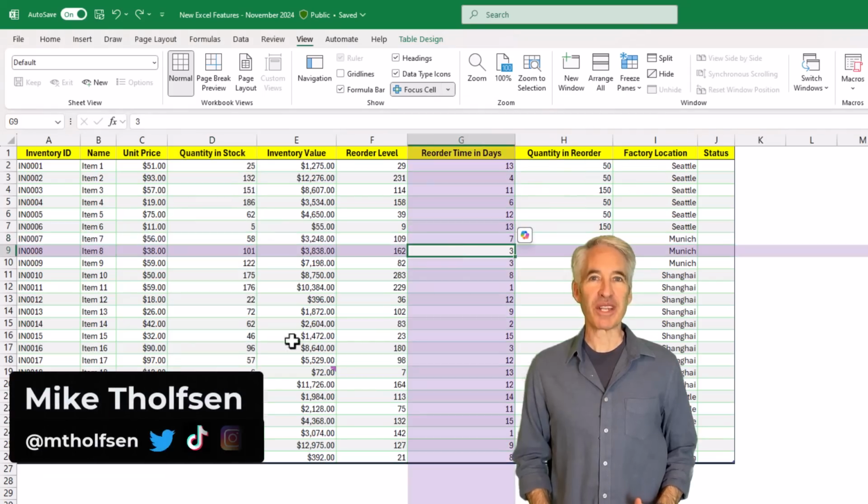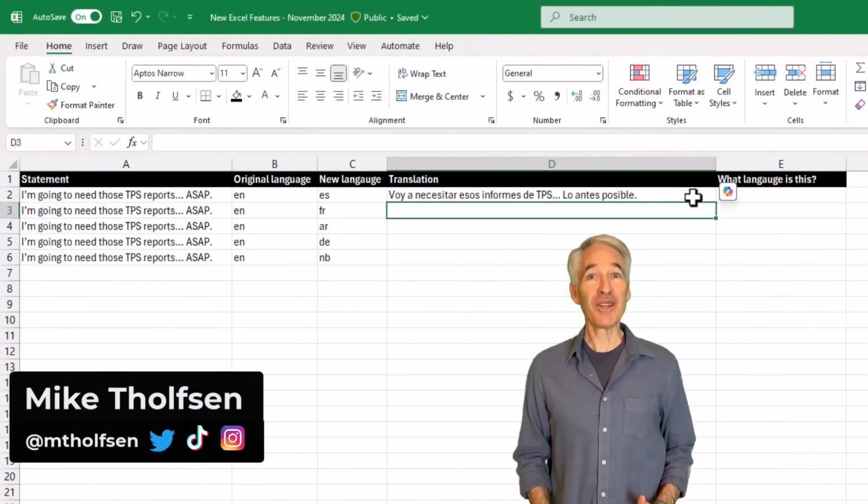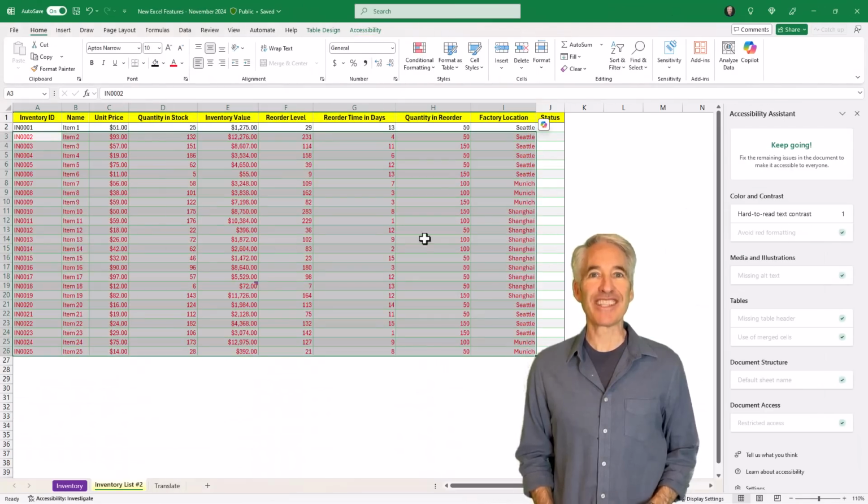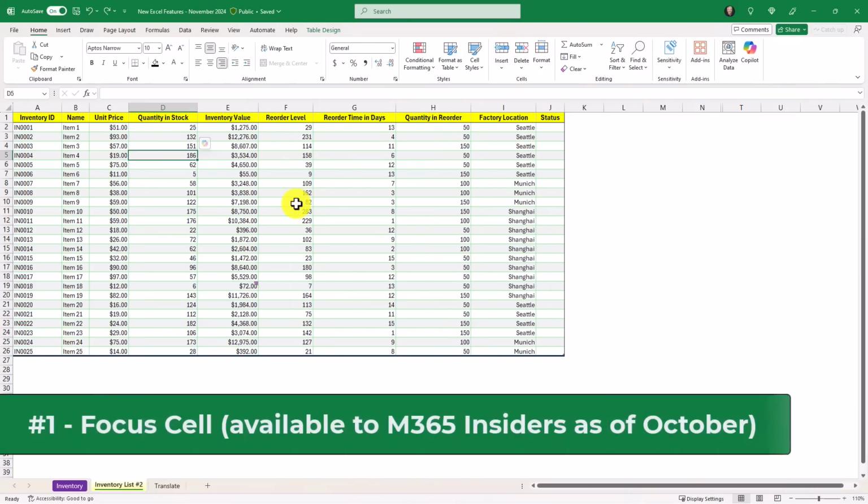I'll be showing 14 new features in Excel. This includes Excel Desktop 365 as well as Excel for the web. So let's get started. The first new feature is called Focus Cell, and this allows you to easily see where